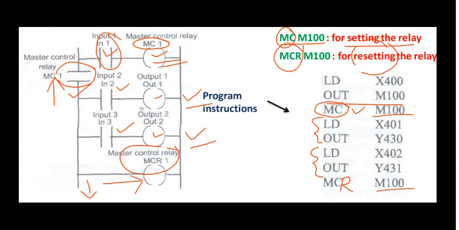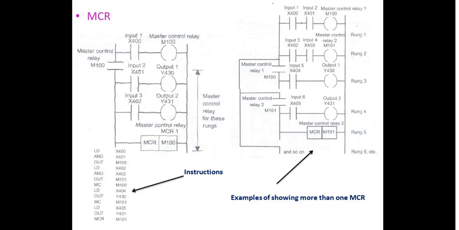This completes the program instructions for the ladder diagram we have taken, wherein you are feeling the effect of the master control relay, and consequently rungs 2 and 3 are being controlled by virtue of the master control relay. This is what we have already discussed in our previous presentation. Now let us go into one more example. Maybe this first example is already discussed, because I have already told you the way in which the programming is done for this. You can look here.